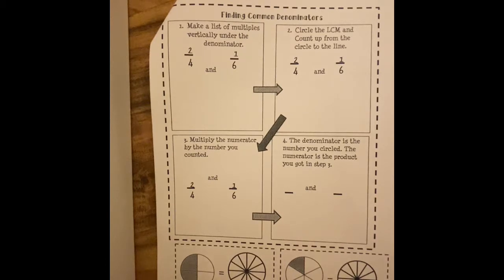So we're going to give them something in common. We're going to give them something that makes them comparable, and that's the denominator. In order to do that, we're going to list the multiples of the denominators. We practiced doing that several lessons ago, where we wrote the multiples in a line right under that number, and we're going to continue to do that. So I'm going to list the multiples of 4